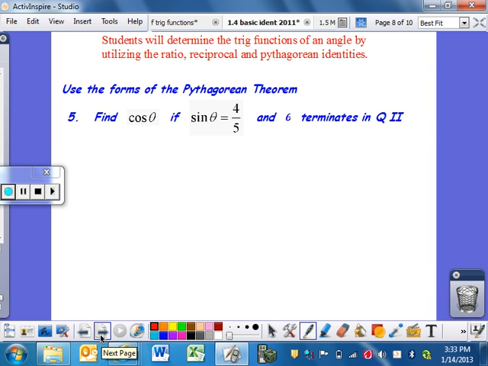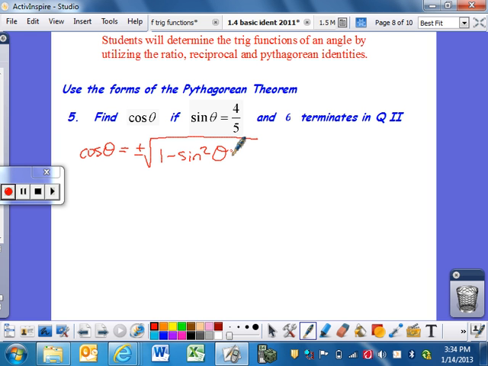So it says use the forms of the Pythagorean theorem. Alright? Use the forms of the Pythagorean theorem to find out what cosine theta is if sine is 4/5. Now what we could do is draw a picture if you really wanted to. That's the easy way. But what happens if I only give you the identities? So what you need to do is go to the equivalent forms of the Pythagorean identities. Now I want to find cosine. Okay? So this thing says that cosine theta equals plus or minus the square root of 1 minus sine squared